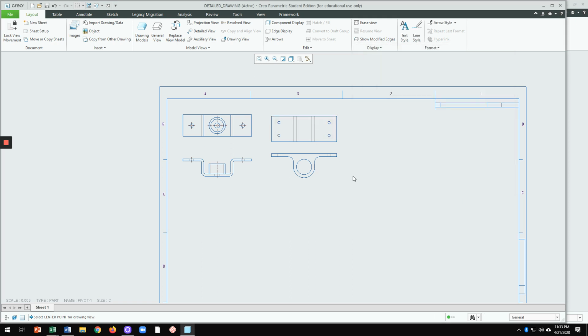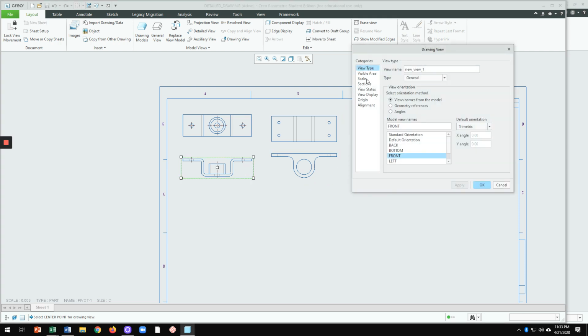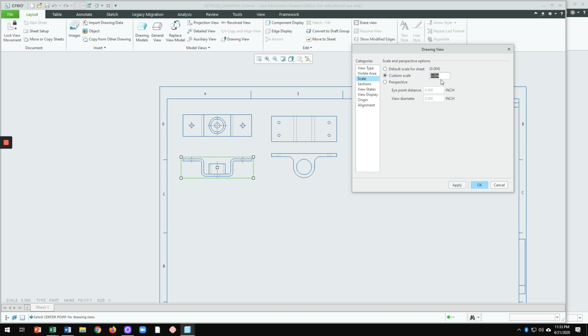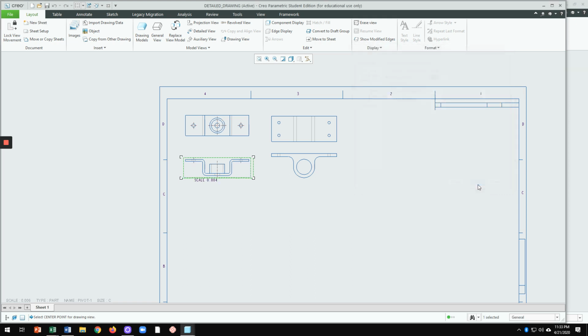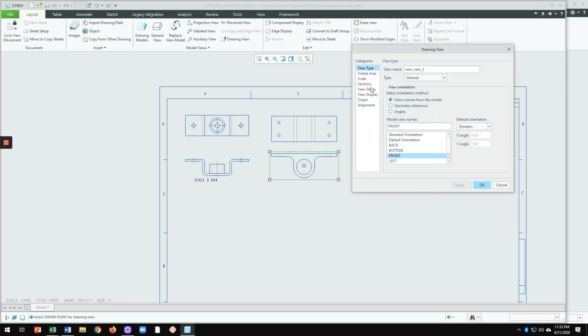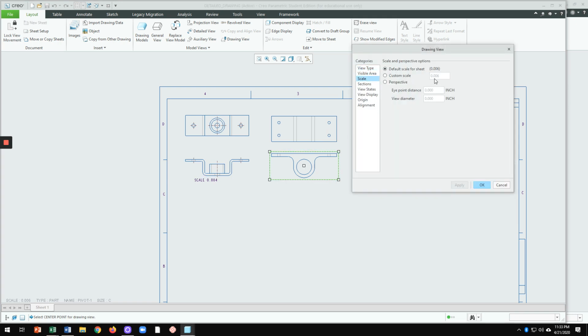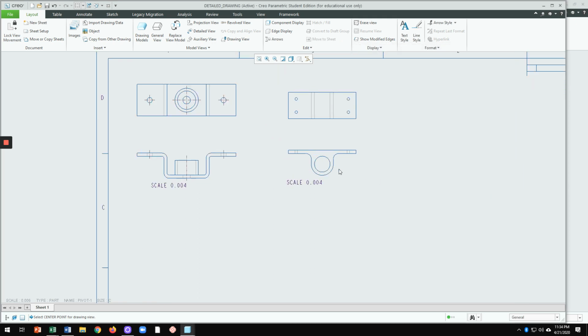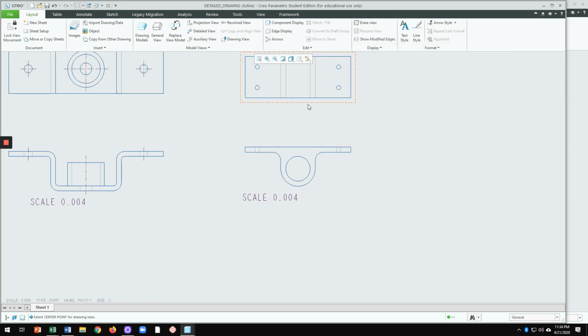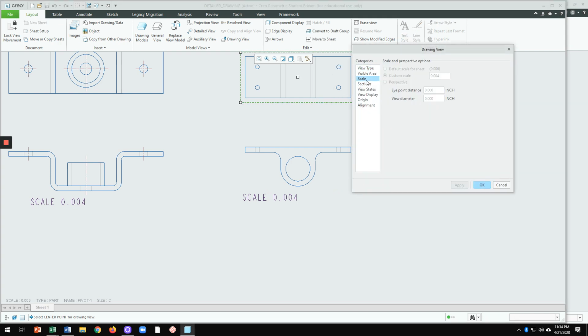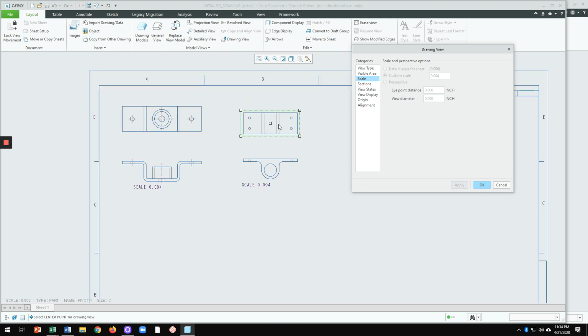All right, beautiful. Now let me show you something here. If you double click on the front view and go to scale, the customer scale is 0.004. We say it's okay. Now if you double click on here and click on the scale, it is 0.006. Maybe we can change that to 0.004, to be consistent. Let me see if this one is also the same. Yeah, they are the same, because the front view is going to dictate to the top view to be the